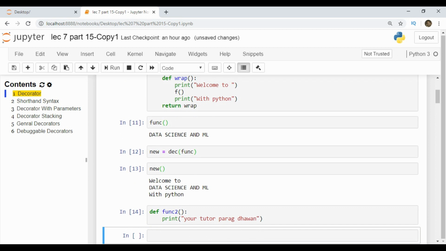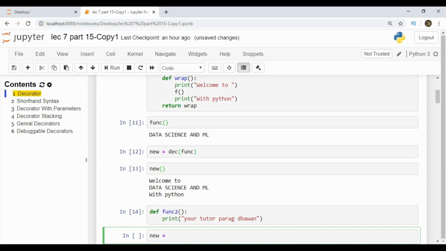You created a new function, func2, and you have to pass it to the same decorator so that it can extend the behavior of the current function. The extension will be the same, welcome to with Python, just that instead of func, the function passed as an argument will be func2. We will receive a new function, the decorated function.